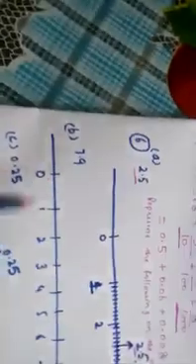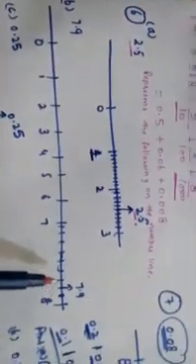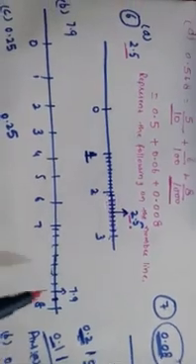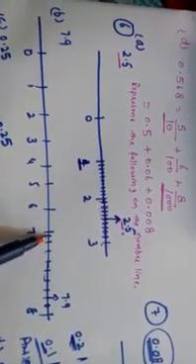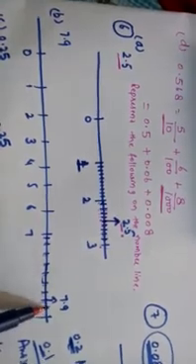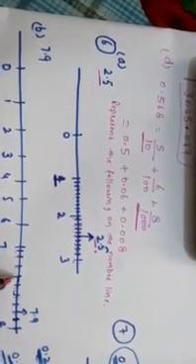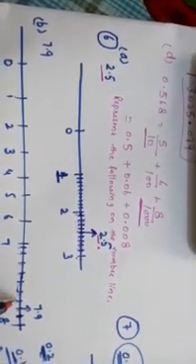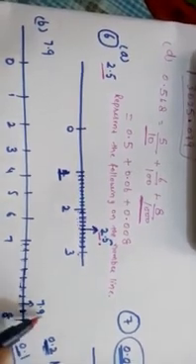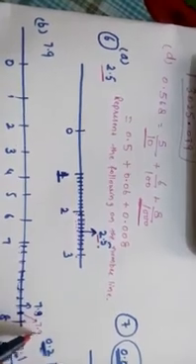Like this way, the same for 7.9. We know this 7.9 is between 7 and 8. So we will write up to 8. So again we will make the divisions, 1, 2, 3, 4, 5, 6, 7, 8, 9, and this one is 10. So 7.1, 7.2, 7.3, 7.4, 7.5, 7.6, 7.7, 7.8, and this is 7.9. Clear to all?